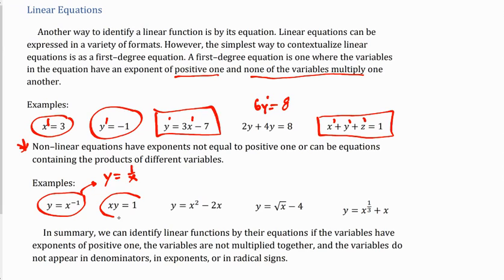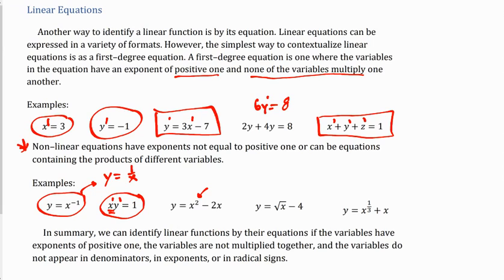Here in the second example, we have x times y. We can't have that because they boost their power. X to the first and y to the first. This means it's not linear because you have two first-degree variables multiplying each other. The third example is nonlinear because of this first term, the x squared. If this term did not exist, it would be linear, but since we have an exponent of 2, this is